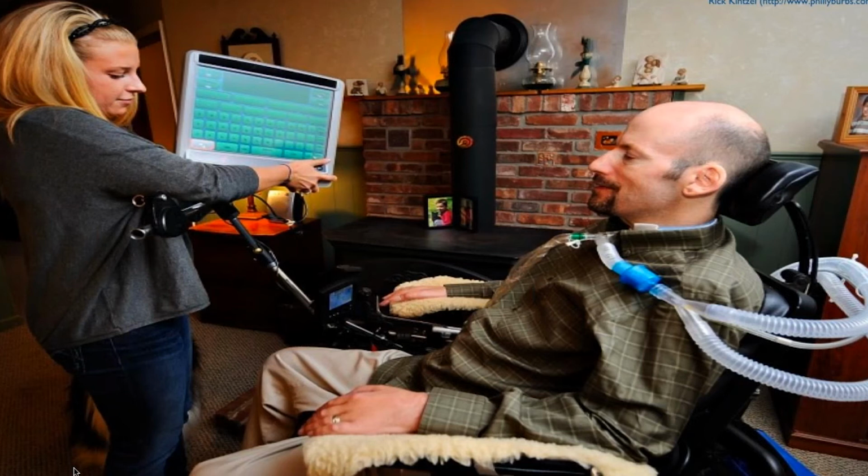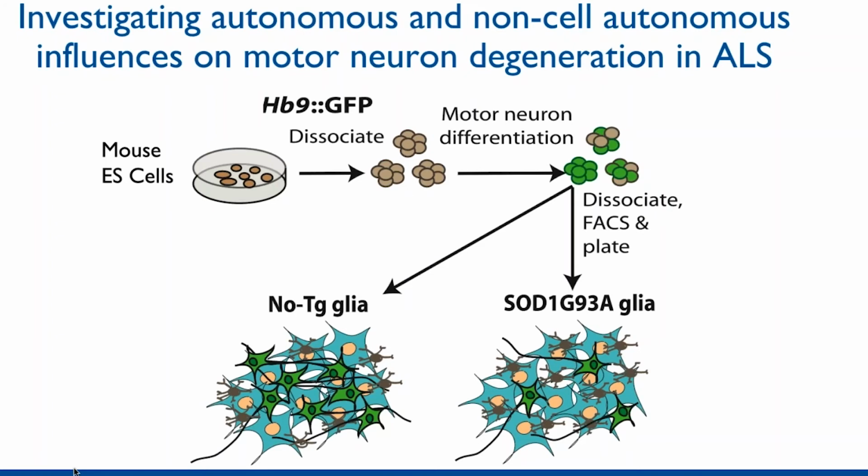And he began studying a form of motor neuron disease. And here you can see a patient who's suffering from the gradually spreading paralysis that characterizes this disorder. He began trying to study a form of the disease which is found in about 1% of patients, which have mutations in a gene called superoxide dismutase, or SOD1. And in some of these very first experiments, what we were trying to do was to assess whether or not motor neurons that we would make from these stem cell lines had any kind of intrinsic change in their biology that we might be able to study.